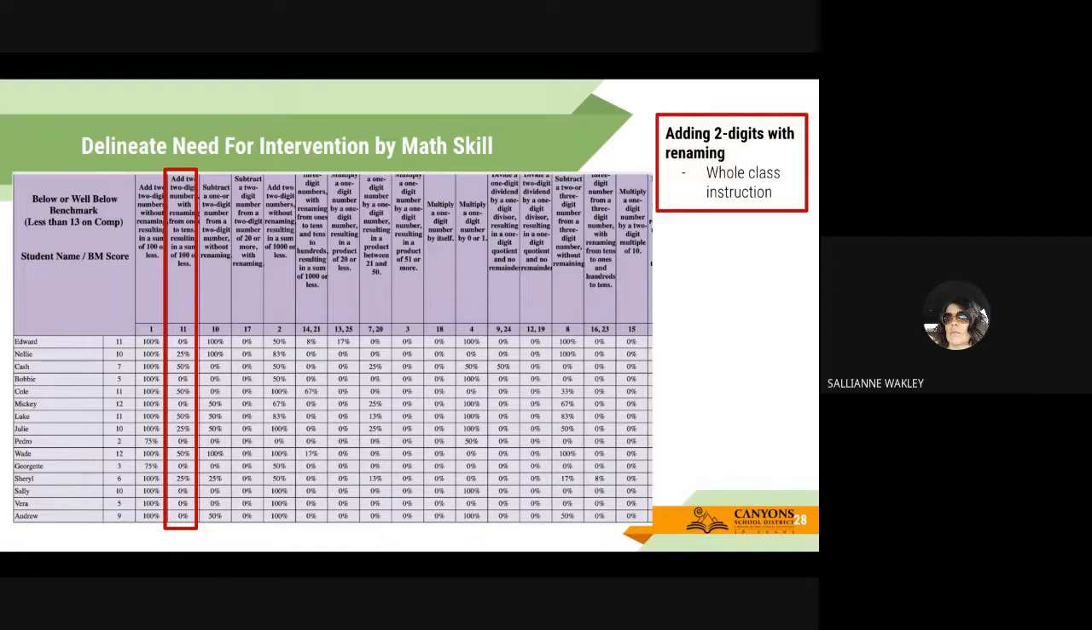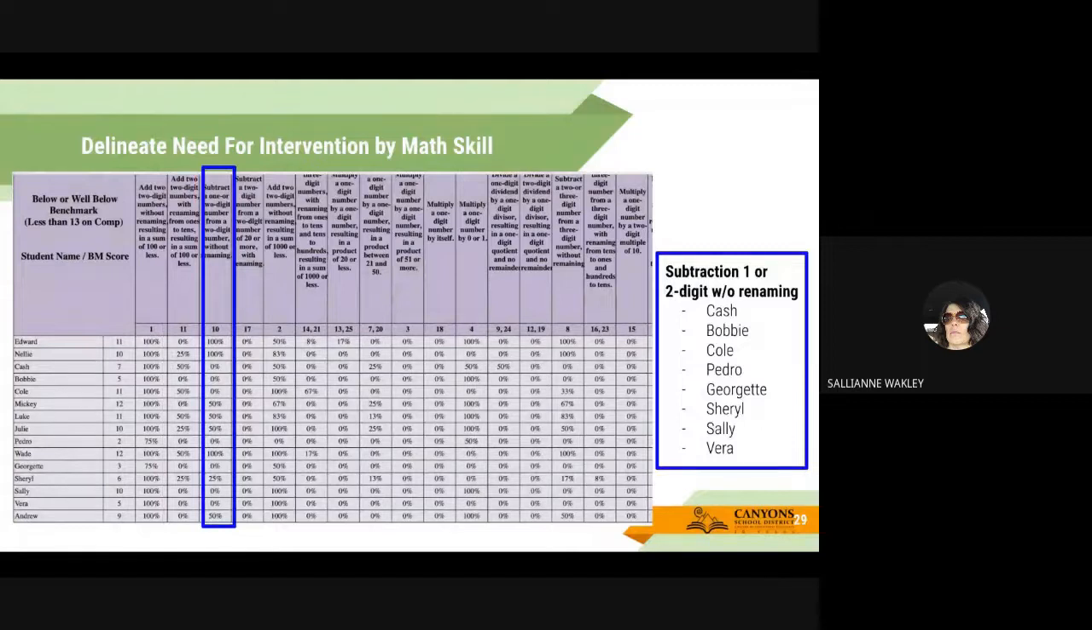But if it's a skill I've taught, I look, and if you see the red column here, this column of adding two-digit numbers, every single student in my class needs support with that. So this is a skill. Adding two digits with renaming is something I will do whole class,